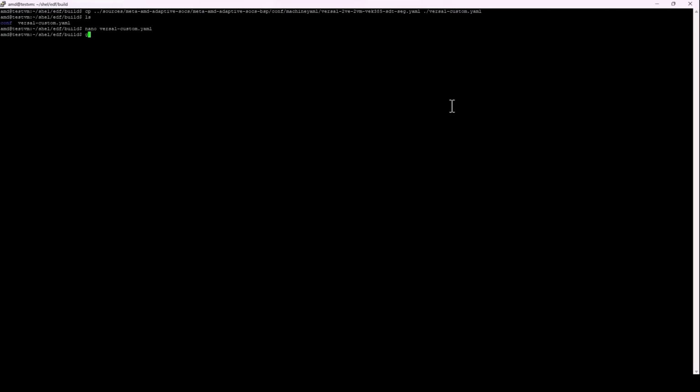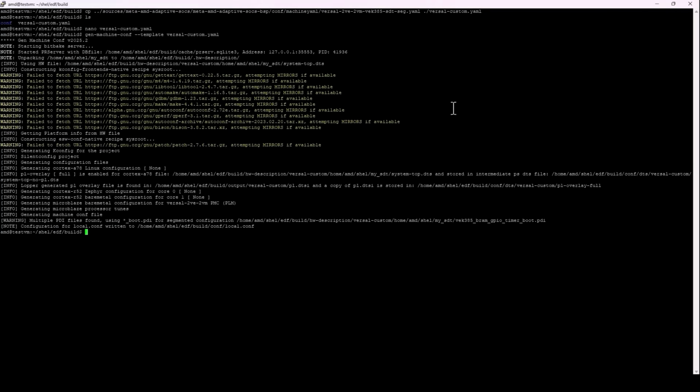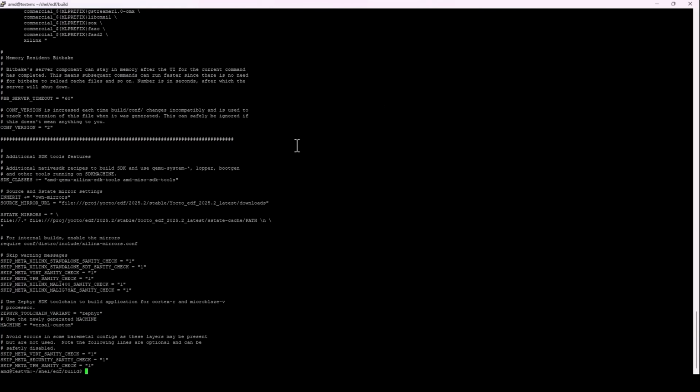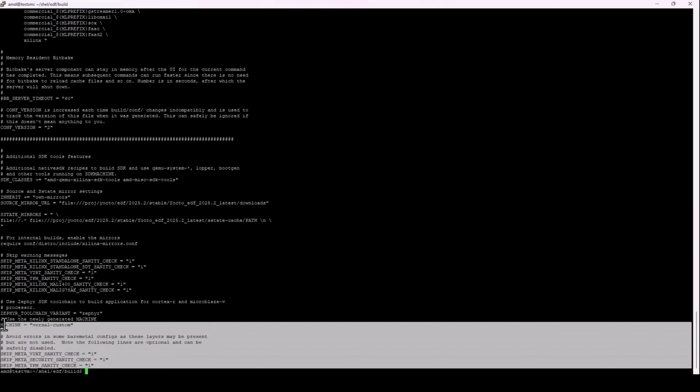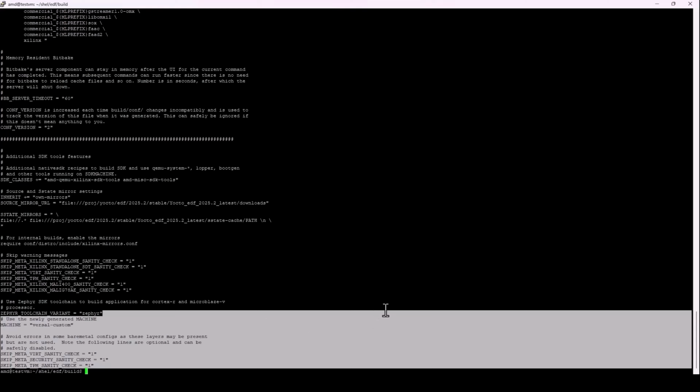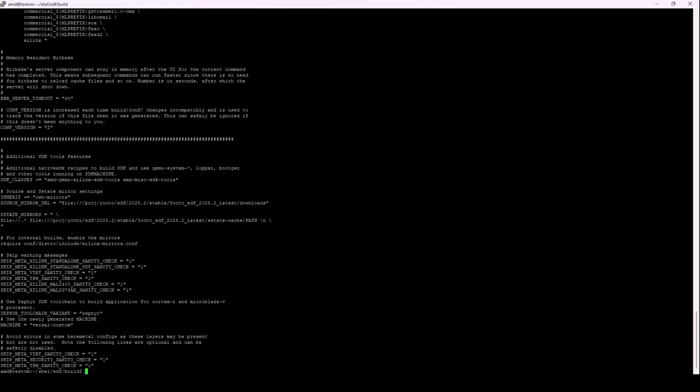Next, generate the machine configuration files using the AMD gen-machineconf command with a template parameter of the edited .yaml file as shown. When completed, the custom Linux build and configuration information is generated, and the boot files for the board and OS can be made. If you want to make additional customizations to the OS, you can modify the local.conf file found in the conf directory. Note that for an NFS build host system, the TMP directory should be in a valid location, such as the root/tmp directory.